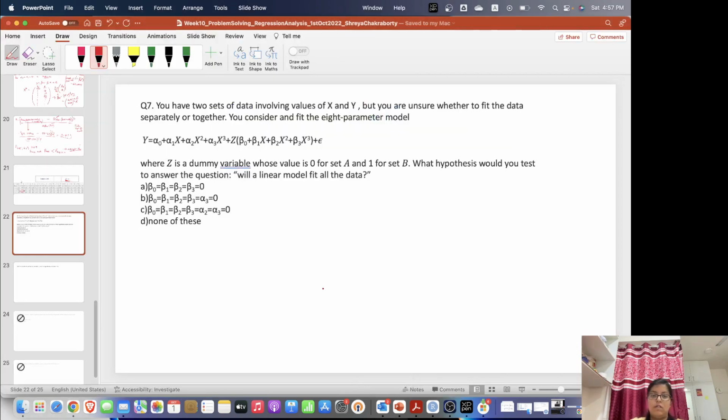So the second last question: we have 2 sets of data involving values of x and y, but we are unsure whether to fit the data separately or together. So we fit an 8 parameter model like this, where z is a dummy variable which takes 2 values, 0 for set A, 1 for set B, and the hypothesis is, will a linear model fit all data? So if we rewrite this thing,